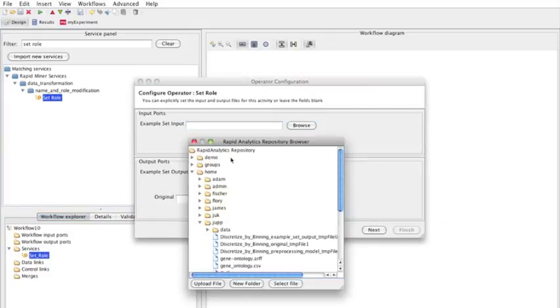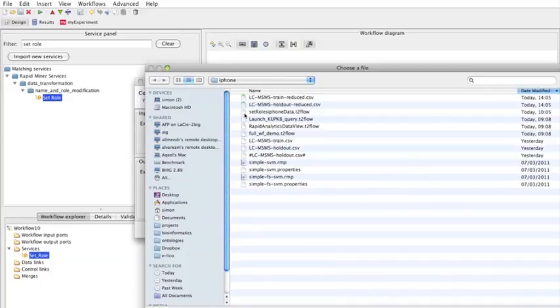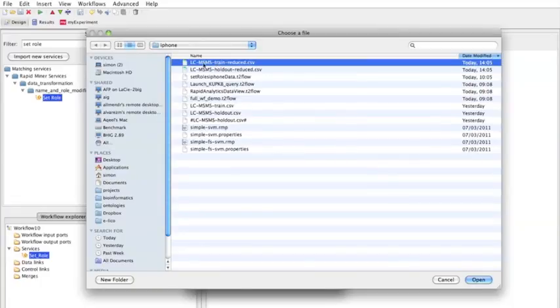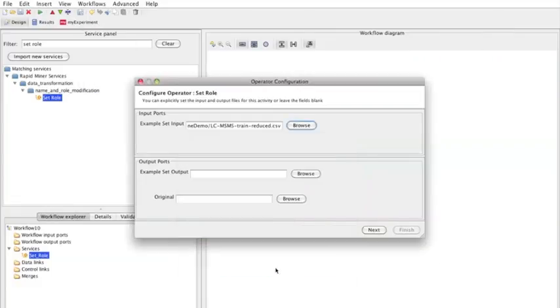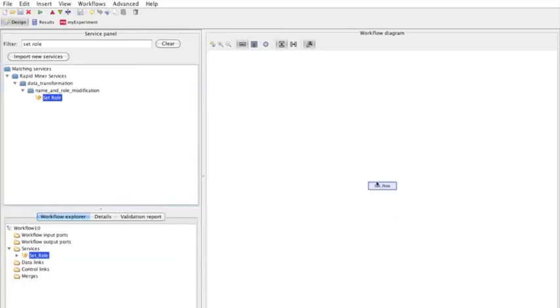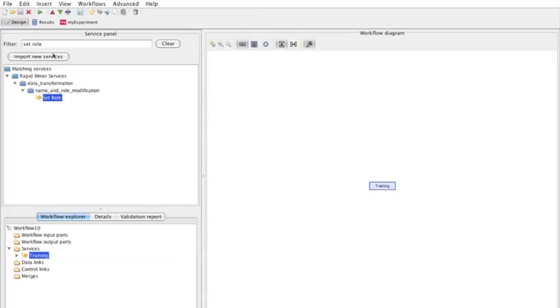So I'm going to use a set role operator, and I'm going to upload a file using the Rapid Analytics browser in Taverna. So the first one is a reduced training set. And this has an attribute called sample, and we want to set this as the ID. And I'll name this service training, and I need to set another role on this data, which is the label,